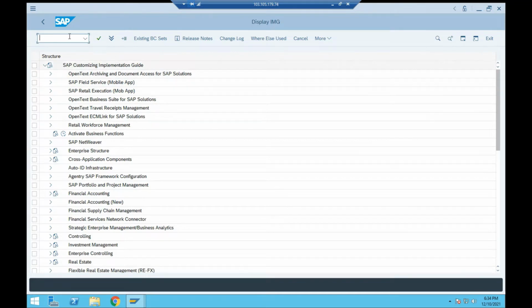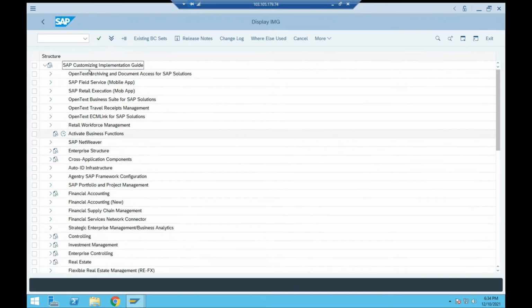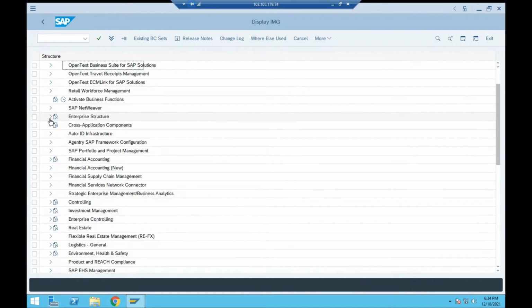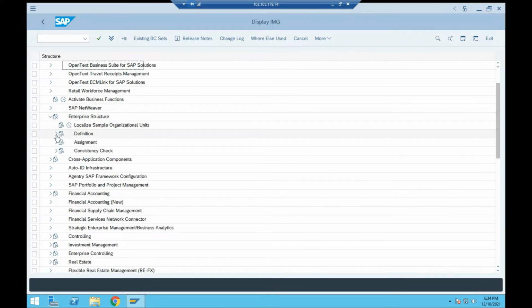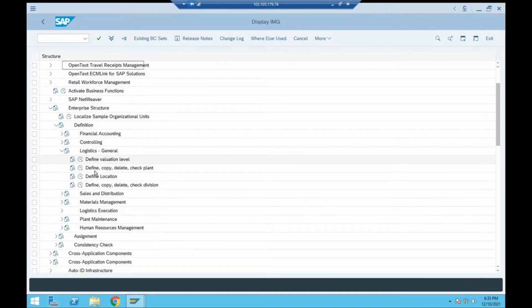After that, we look for Enterprise Structure. The mouse cursor will point over Enterprise Structure and we need to click on that file icon, the arrow. There we can see there is a Definition in the enterprise structure.